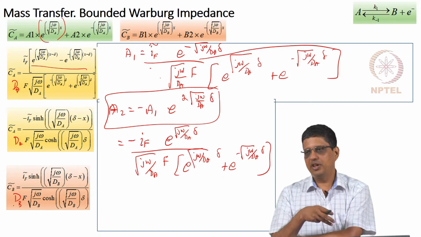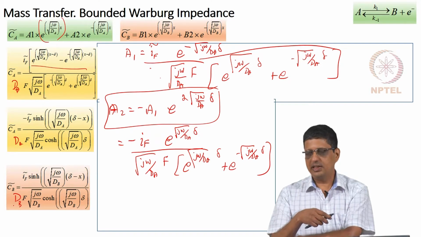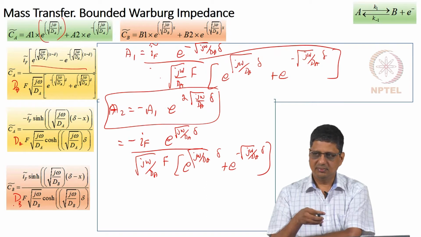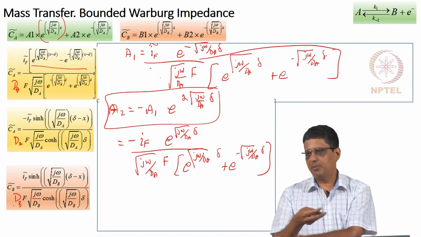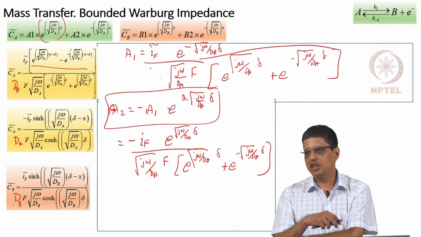And if we take, for example, the ferro-ferri example, they will not be the same. In fact, it is more or less the diffusivity of A in water and B in water, although it is a mixture. Then it will be different. But if we have a binary mixture, with A and B and no other substance, even here sometimes people will approximate and say DA is roughly equal to DB and simplify. It makes it a little easier to look at this equation because it will have fewer terms.